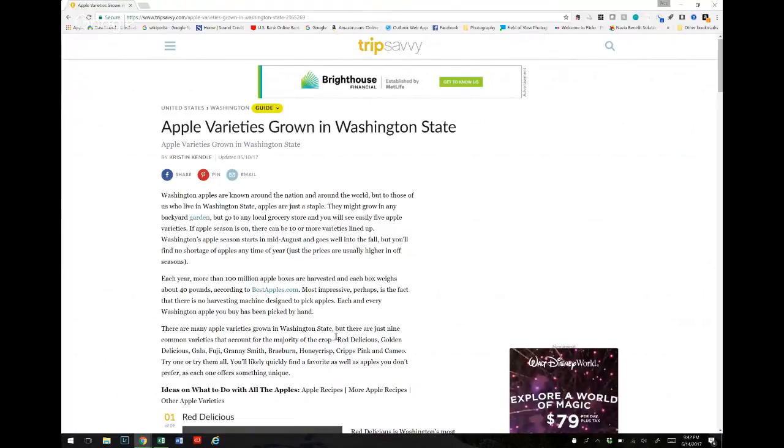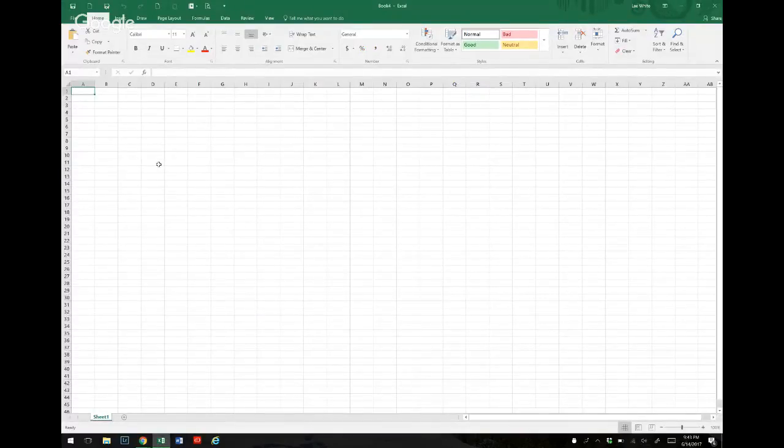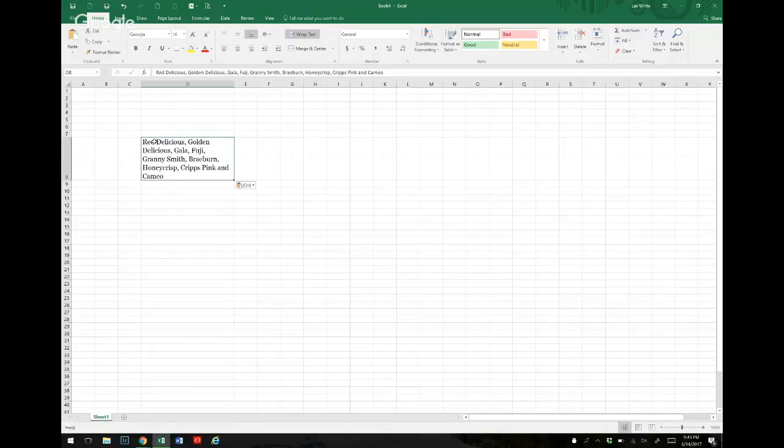So what I've found here is a list of common Washington State apples that I want to create a list from in Excel. So we open up an Excel worksheet. What I just did is I copied those varieties of apples from that website, and I'm going to paste into Excel,